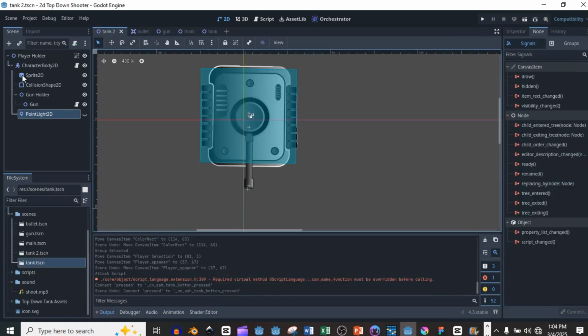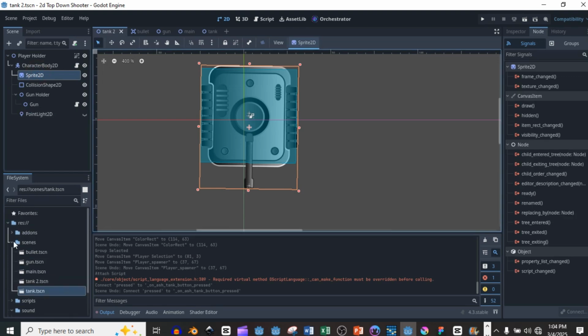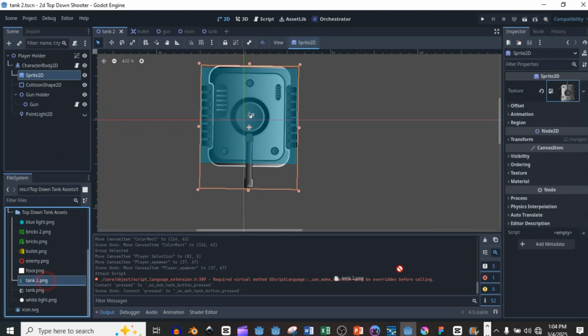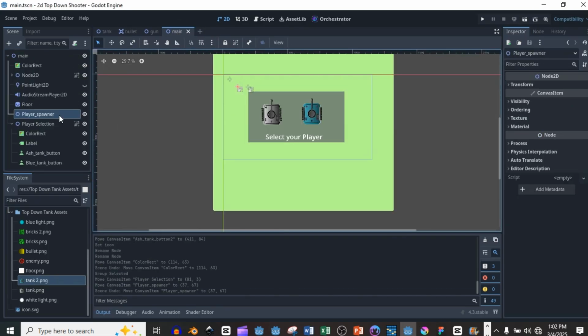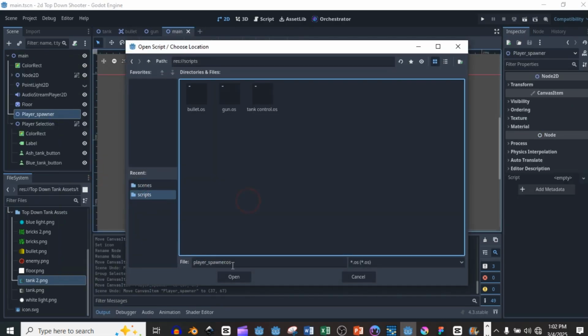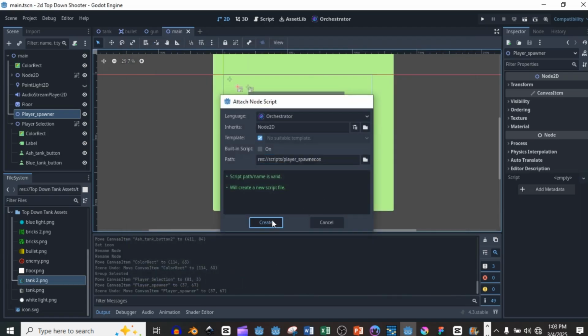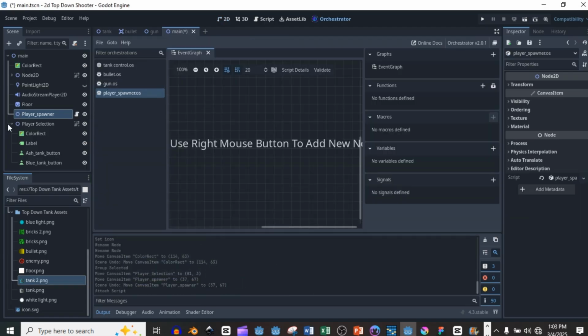Once we are done doing that, we're going to select the sprite and change it to the blue tank sprite. And then we're going to go back to the player spawner and create the code, and we'll call it player spawner. Once we create it, we're going to go to our player selection,